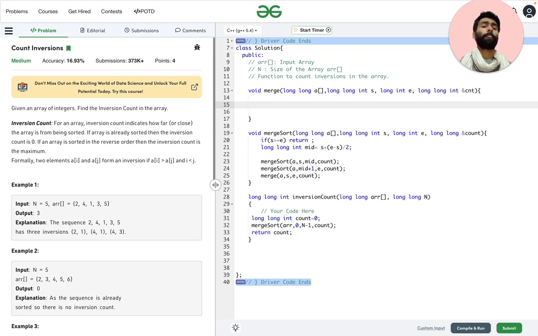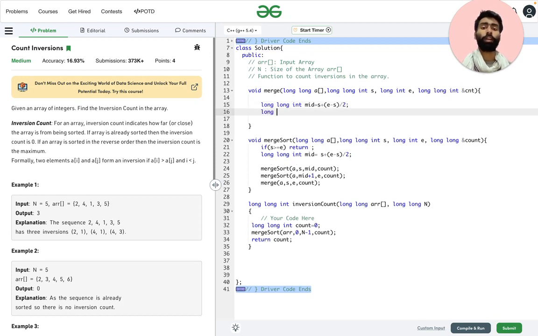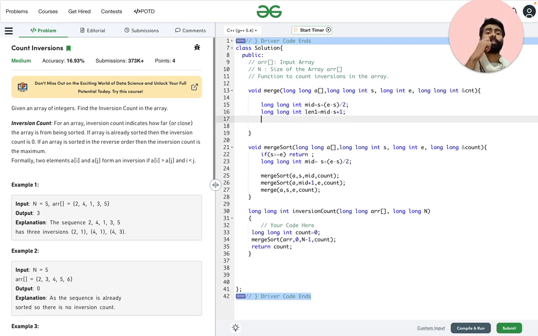To do so, we will first have the middle of the main array. After this, we need the middle of the first array, that is the first part. In this way we got the middle of the first part. Now we need the middle of the second part.